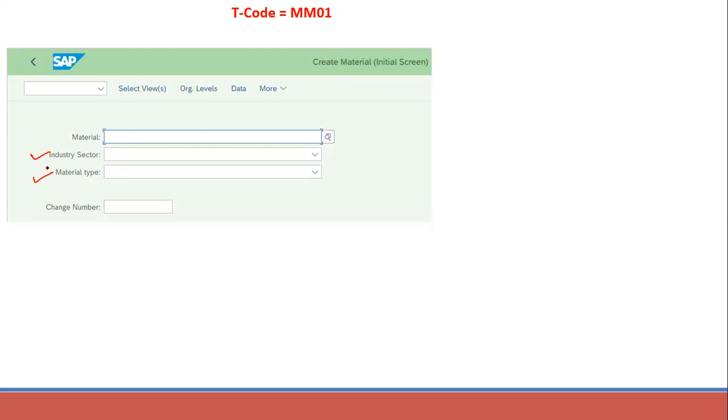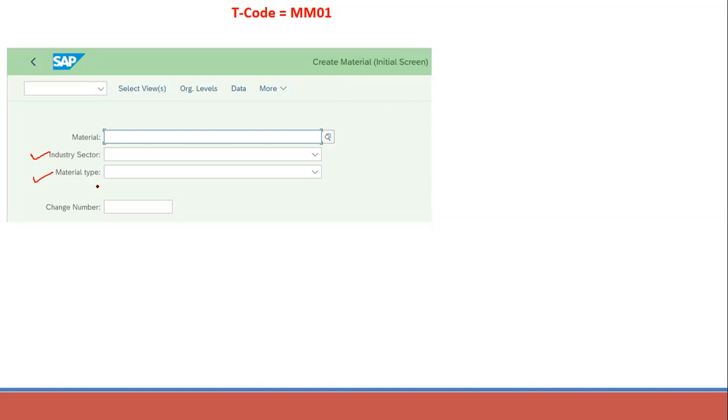We can create a material type as per that, and it allows us to manage different materials in a uniform manner in accordance with the company's requirements. So a material is assigned to an industry sector and a material type. Once we assign the industry sector to the material, we cannot change the industry sector afterwards. Remember that.